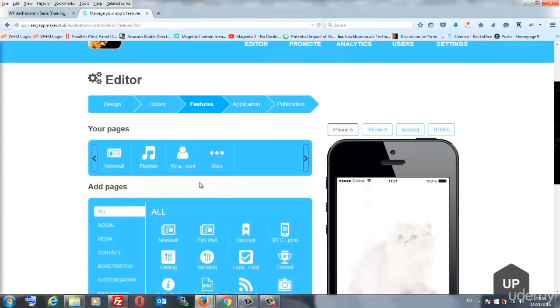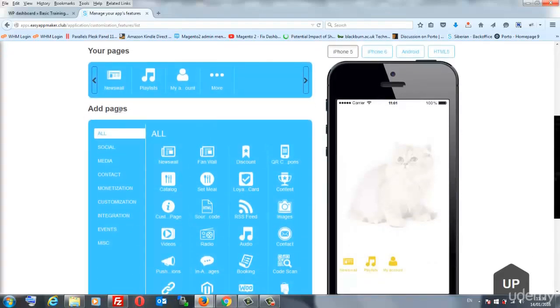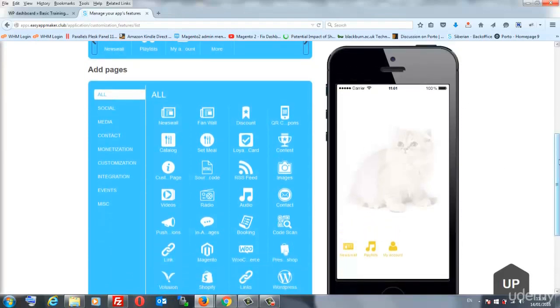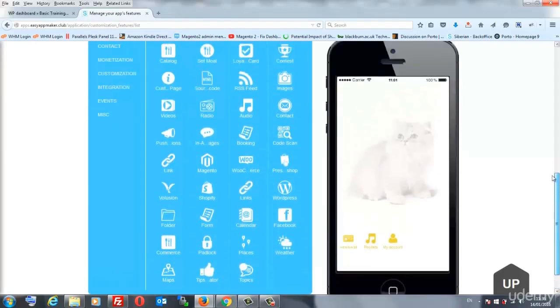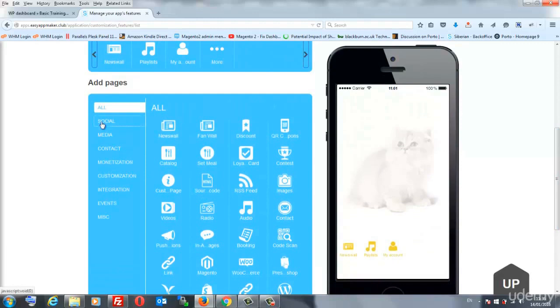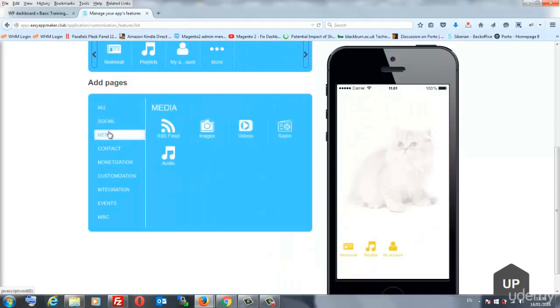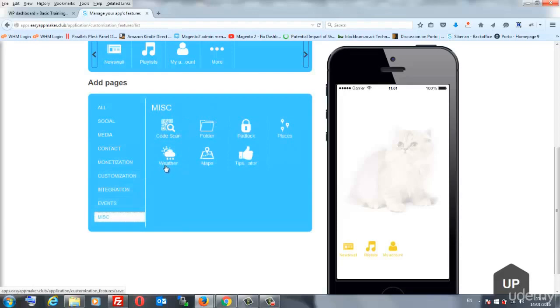Now, if you previously selected a template, then you might have some of the pages already pre-inserted here for you. If you selected a blank template, then you will not see anything here. If you scroll down, in the add pages section, you're going to see all the features that you can have in your app, and you can also categorize it here. So you've got the social media, your contact, the monetization, customization, integration, events, and the miscellaneous, the likes of weather,